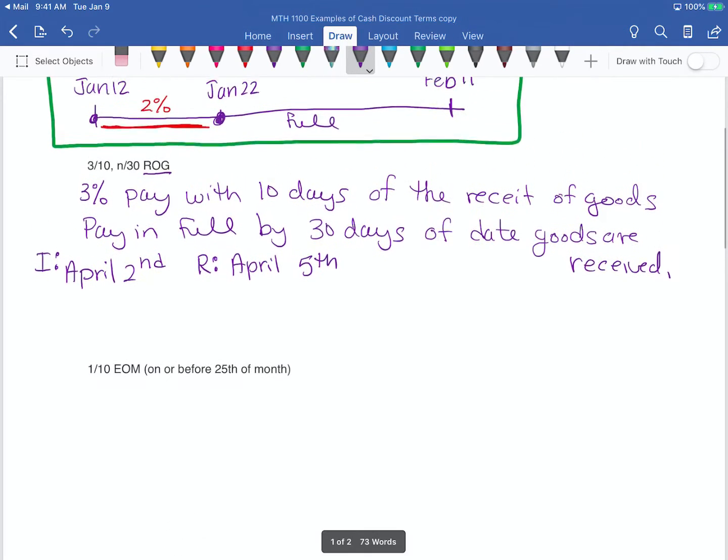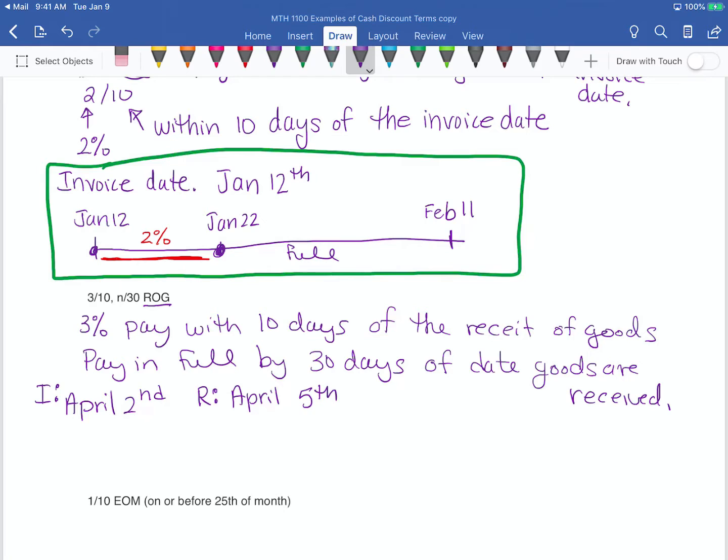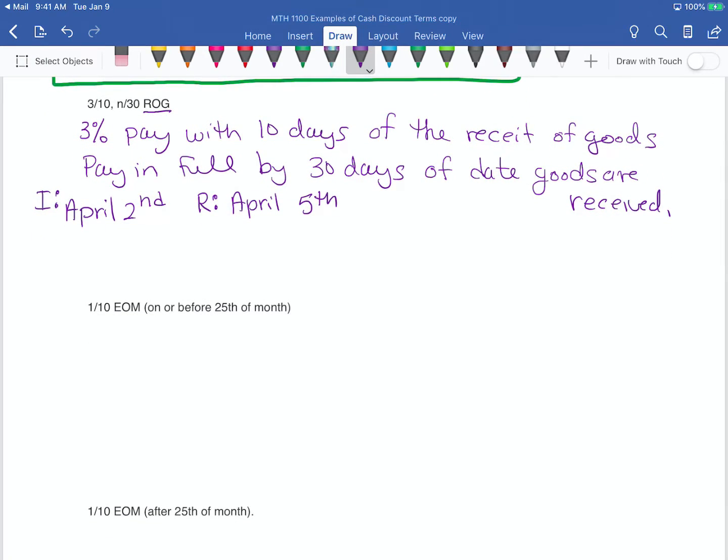So if you look at the previous example, when we made our timeline, we started on the invoice date January 12th. But because these terms say ROG, that means when we make our timeline for our discount and credit period, the starting point is going to be the day that we receive the goods. So it's going to start on April 5th,